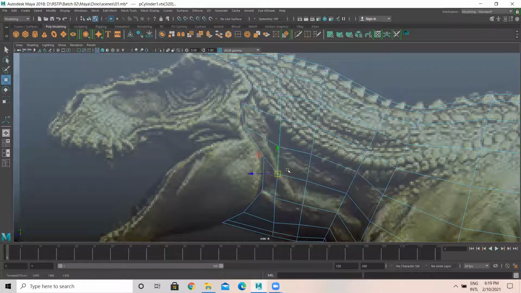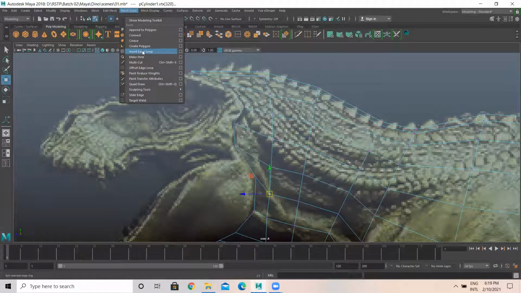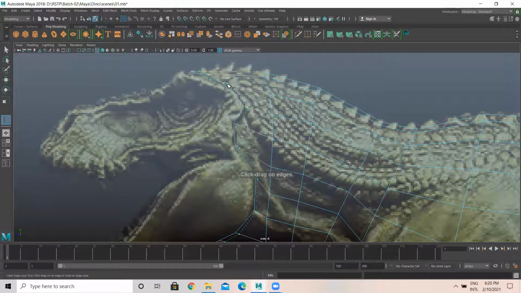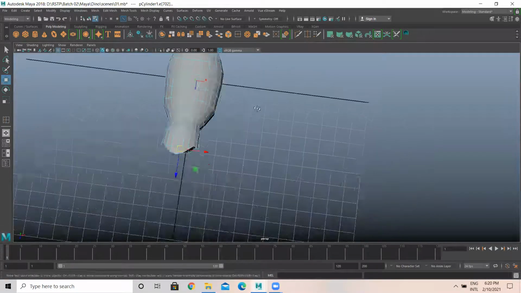Later, what I'm going to do is add one insert edge loop exactly here. One loop is here.